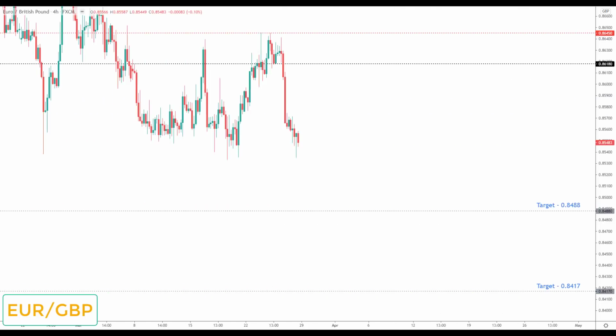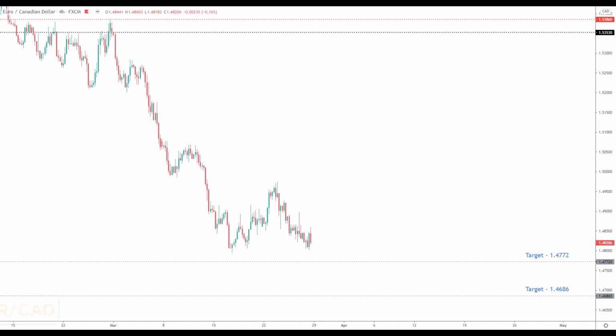Euro Pound was on the high probability watch list pretty much all year, and then we took it off recently because it started to get a little bit choppy. I do still favour short positions in this market, however, even though it is not on the high probability watch list currently. Any correction, therefore, will be viewed as an opportunity to look for bearish breakouts and reversals in this market, down towards the next key of support to the downside, the 0.8488.